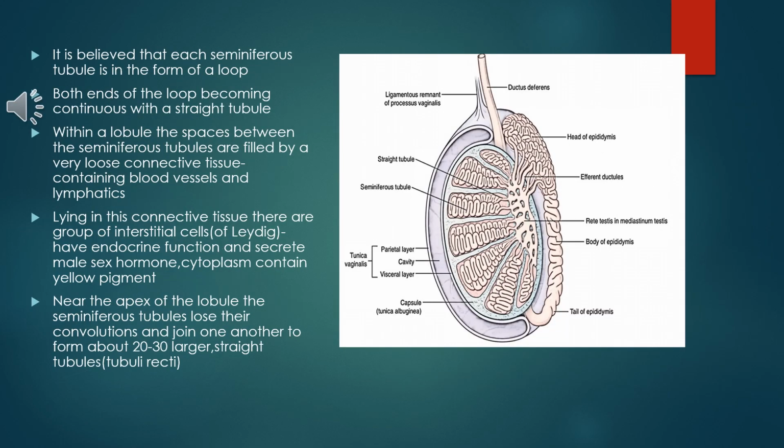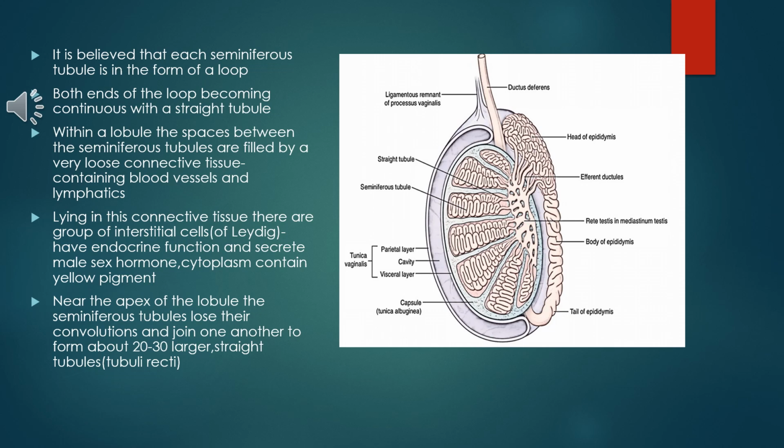The seminiferous tubule is in the form of a loop. Both ends of the loop become continuous with a straight tubule. The seminiferous tubules join together at the apexes of the lobule and form 20 to 30 straight tubules which enter the mediastinum. Between the lobules, there is loose connective tissue which contains blood vessels